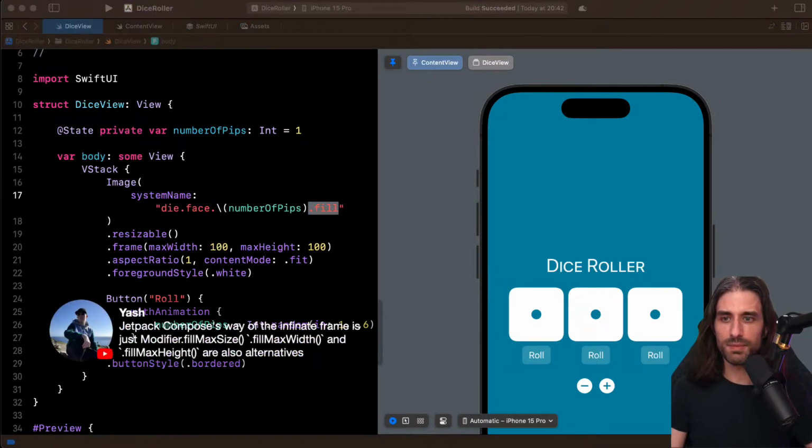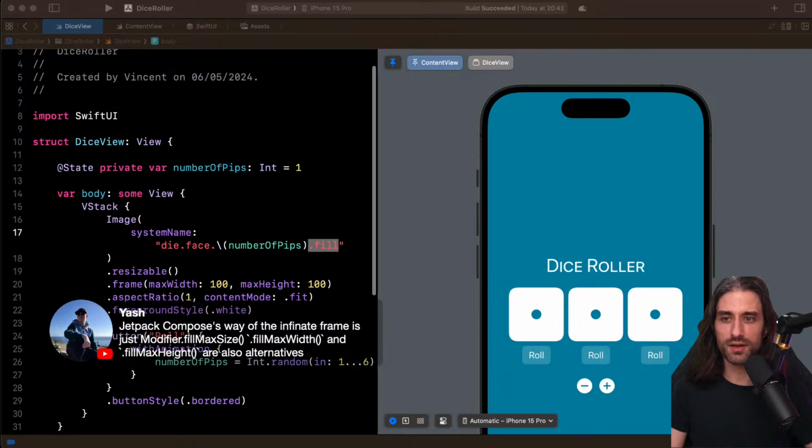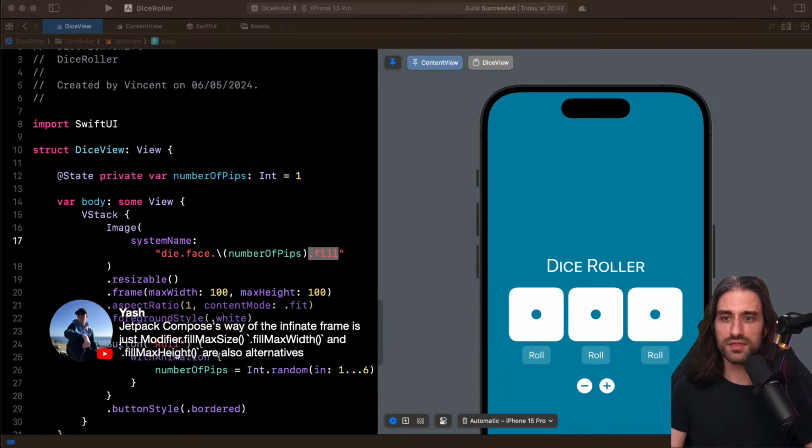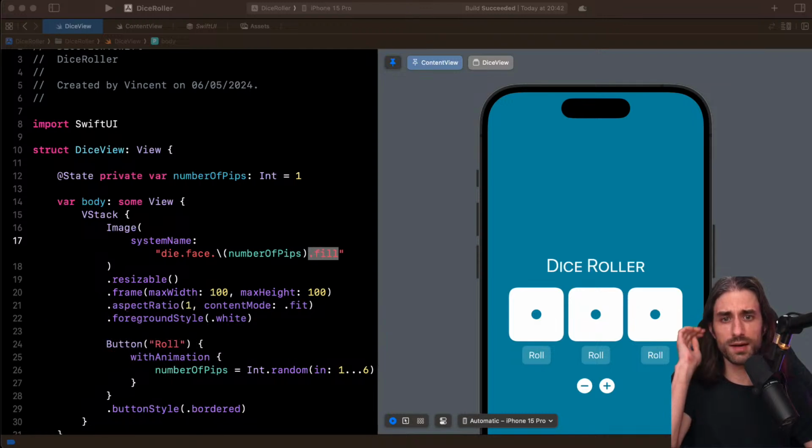And you're saying Jetpack Compose's way of the infinite frame is just modifier fill max size, and fill max width and fill max height are also alternatives. Yeah, it makes sense, because in Android, their previous systems which used XML to declare the view, when you declared the view's width and height, you would say either wrap content or match parent.